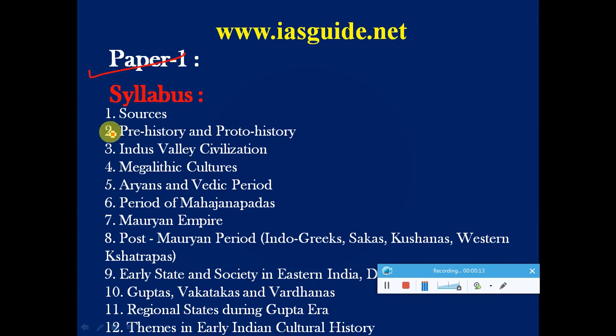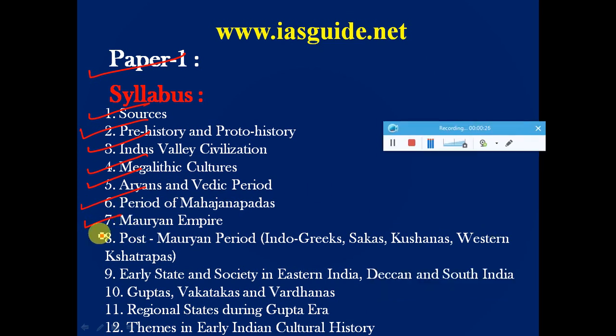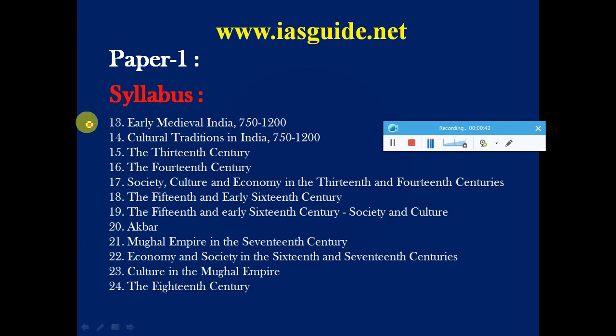In paper 1, the syllabus covers the sources, prehistoric and protohistoric syllabus, Indus Valley civilizations, megalithic cultures, Aryans, Mahajanapadas, Mauryan Empire, post-Mauryan period, early state and society in East India, Deccan, South India, Guptas, Vakatakas, religious states during Gupta's age, themes in Indian cultural history, and early medieval India, cultural traditions, 13th, 14th century, then their social, cultural, and economic